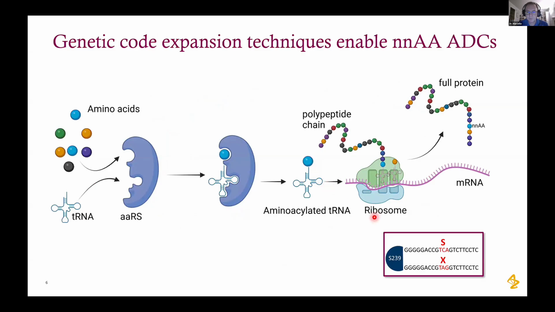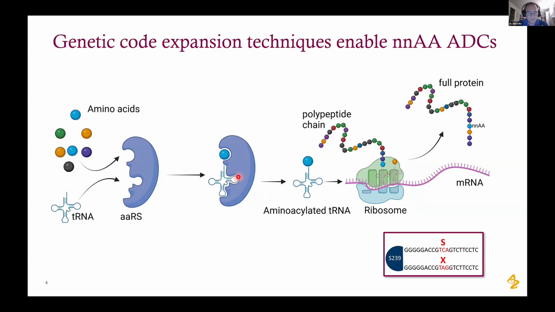So to briefly explain, during translation, a ribosome will run along an mRNA, and as it reads the codons, it recruits a tRNA that has an amino acid attached to it. And the ribosome will connect the arriving tRNA, aminoacylated tRNA, to the growing polypeptide chain to form a full protein. Most cells have 20,